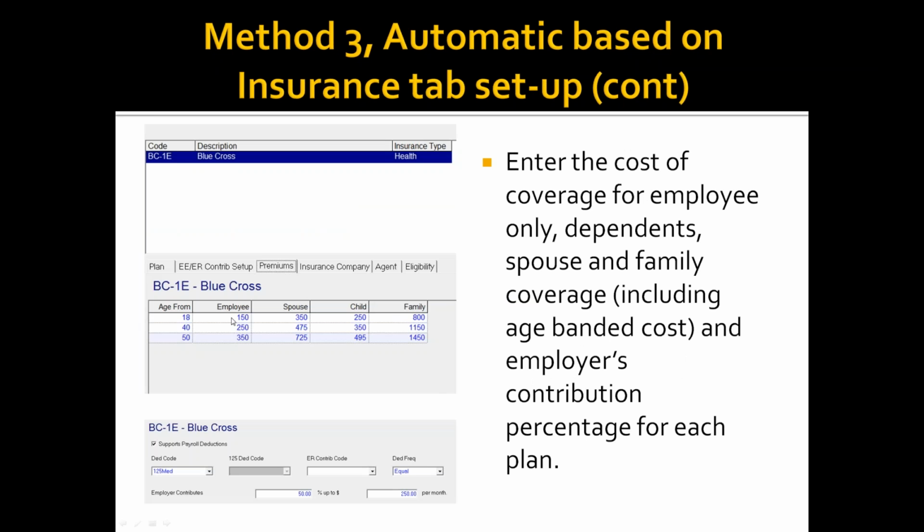In addition, you'll want to set up the premiums, because the system needs to know, and you saw if you were using the manual update or the bulk update, you were setting values of what the employee's out-of-pocket costs would be. The beauty of this is it allows you age banding. So if your plan has age-banded rates, it allows you to build that in and set these age bands. At a minimum, I would certainly set what the employee's costs are. The spouse, child, and family aren't necessary as it relates to the reporting for the 1095Cs for the Affordable Care Act, but at a minimum, you could set the age range here and then show what the monthly cost is, what the total cost of the plan is,